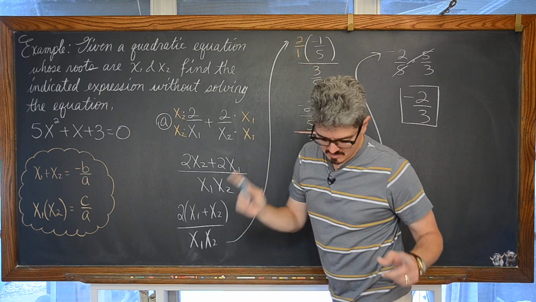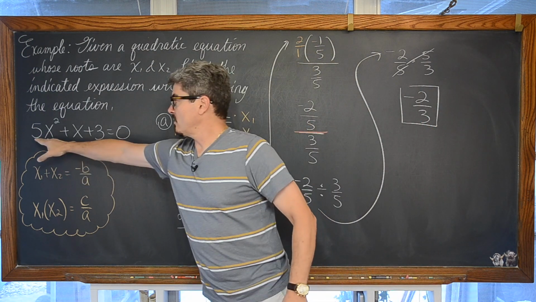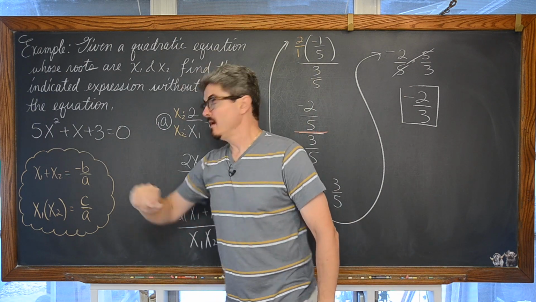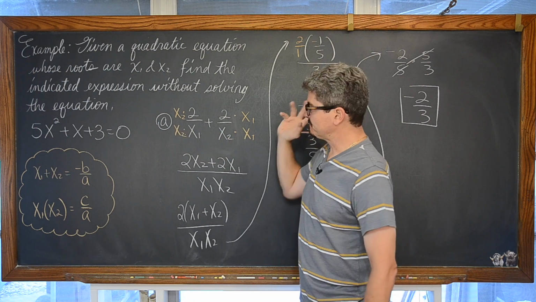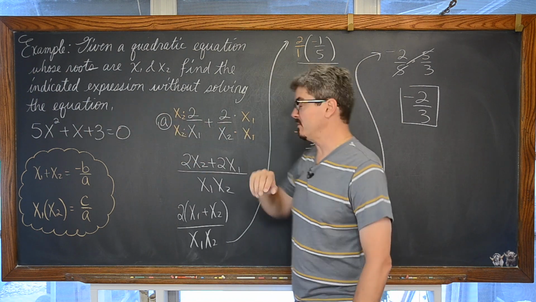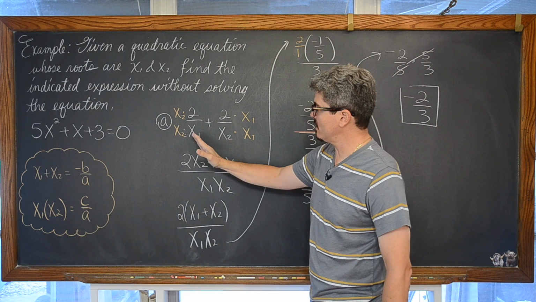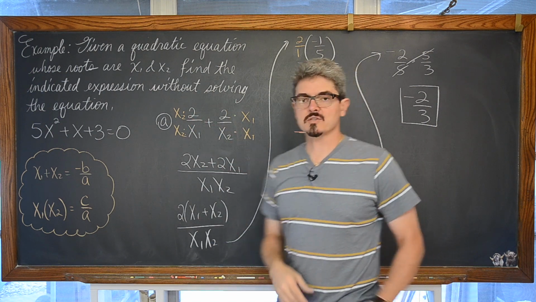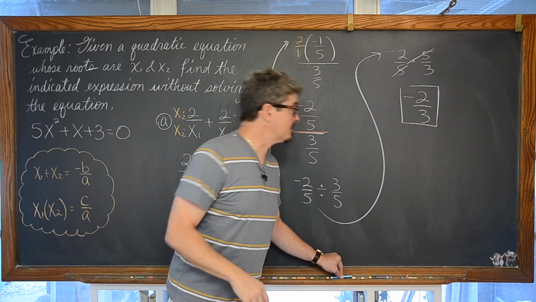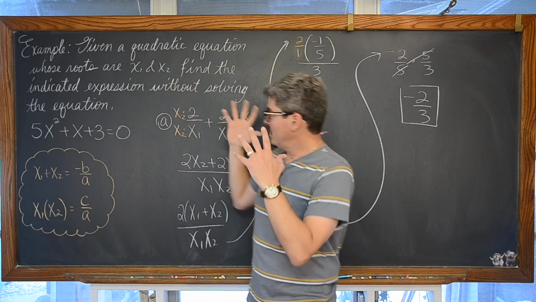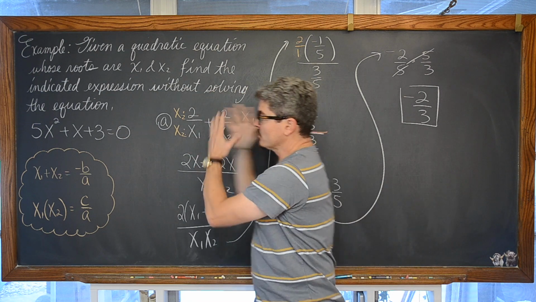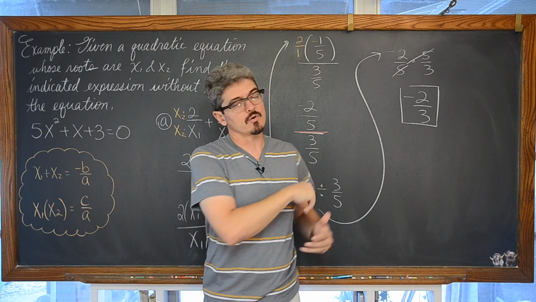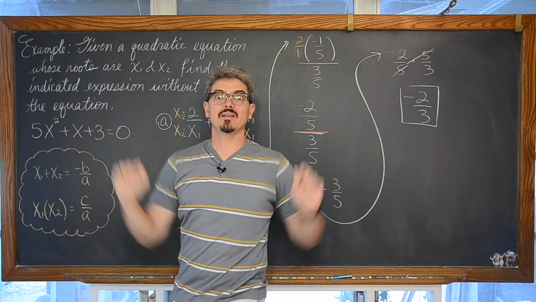So given that, and double check, yes. Given that we have this quadratic equation of negative 5x squared plus x plus 3, and without solving that, because maybe with a higher order polynomial it would be very hard to solve, we're going to evaluate this expression of 2 over x sub 1 plus 2 over x sub 2. Turns out that it's equal to 2/3. So I could evaluate some expression based on roots of this polynomial without having to solve that polynomial. Very, very cool. I've got 2 more examples coming up right now.